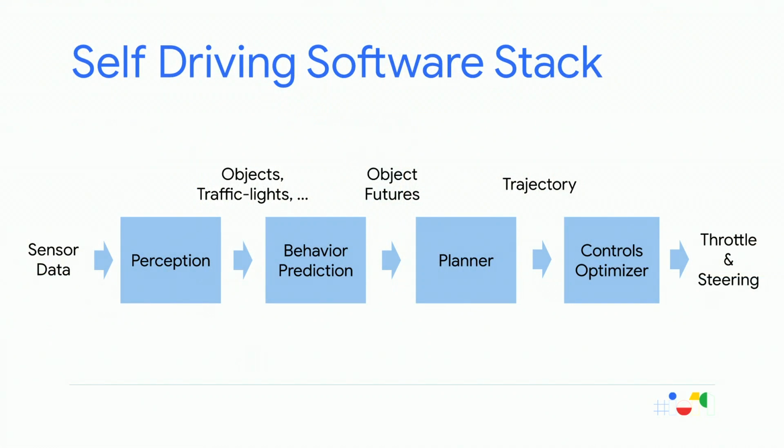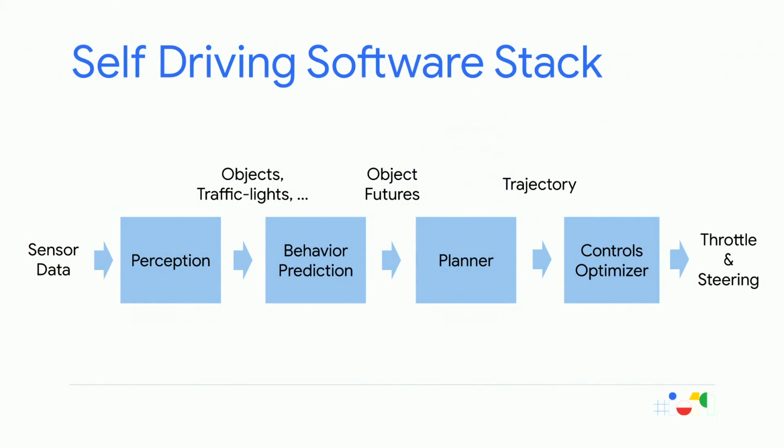This module absorbs all this information and converts it into a higher level trajectory representation. This representation might be in the form of a sequence of poses or in some other representation. But essentially, you take this and feed it to a controls optimizer. The controls optimizer is the one which is optimizing through this trajectory to convert it to throttle and steering commands, which ultimately the controller on board the car will use to drive the car forward.